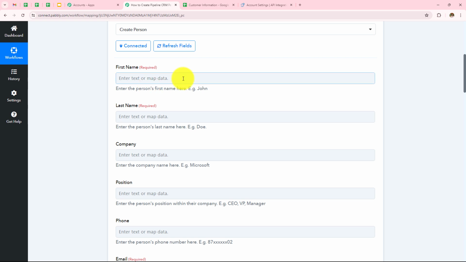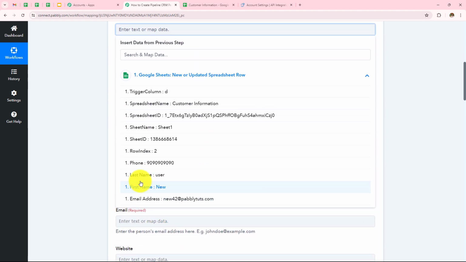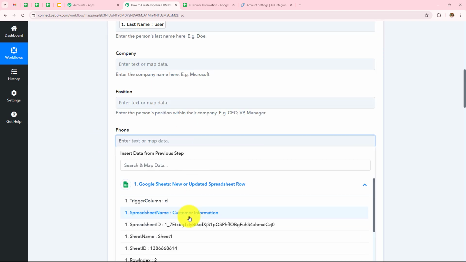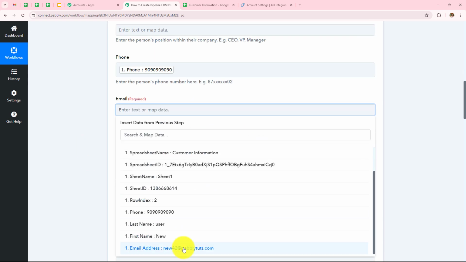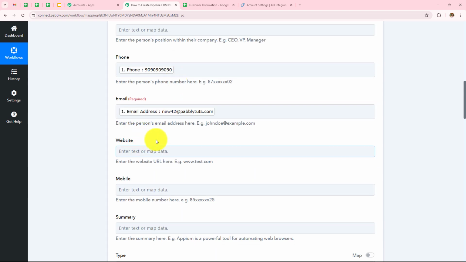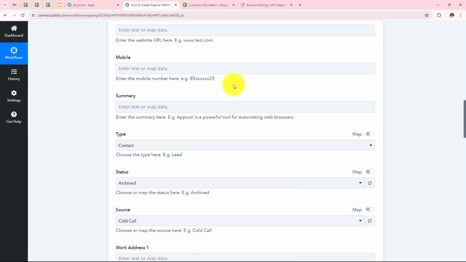So to enter this, I'm going to use a process called mapping, which means I'm going to enter data from my previous response. So over here, I have received the response from Google Sheets. So I'll simply click on Google Sheets and map the first name as new, the last name as user, the phone number as this one, and the email address as new42@pabblytudes.com. I'm not entering anything in these fields because these are not required one and needed for me to create person in Pipeline CRM. But if you have this data in your Google Sheets, you can enter these details using